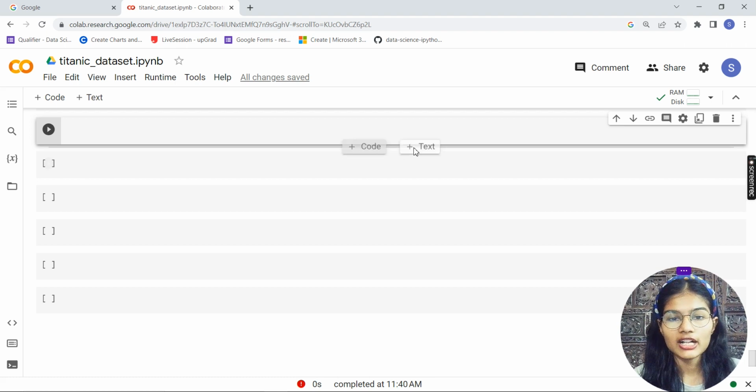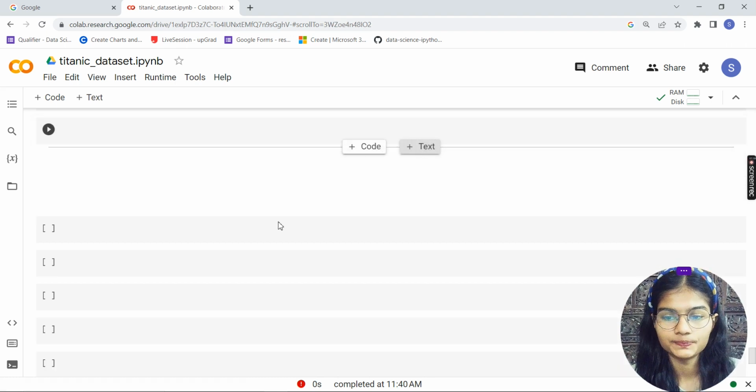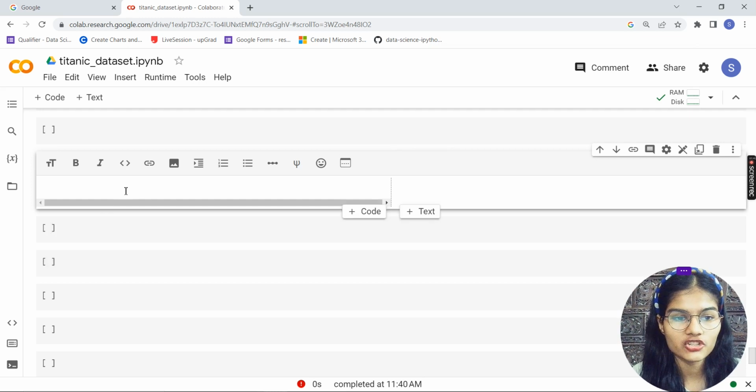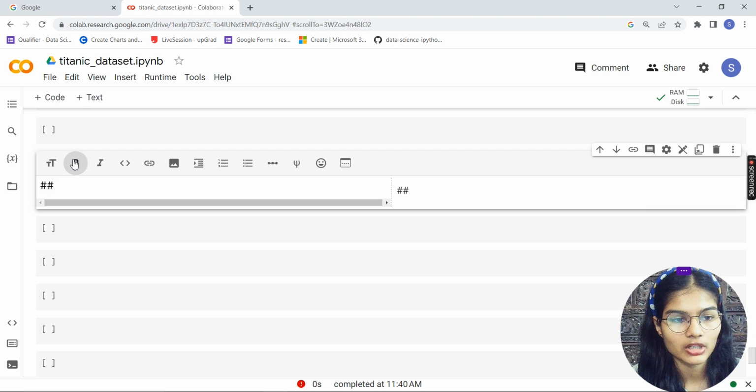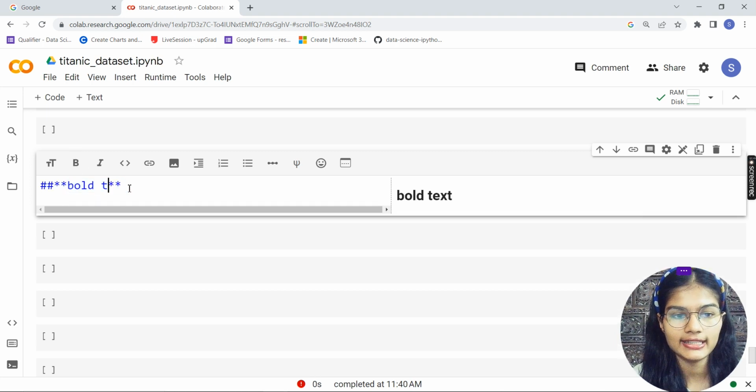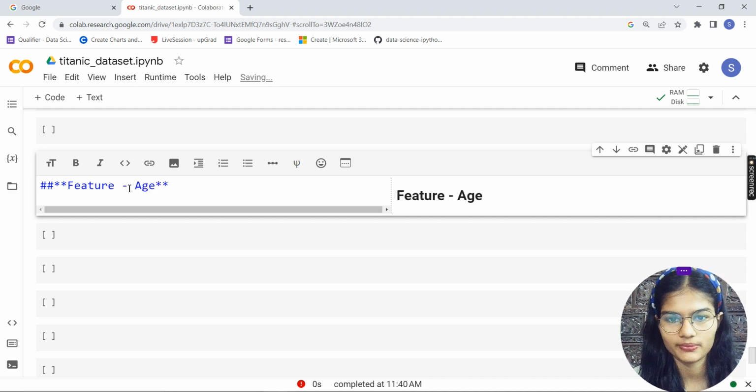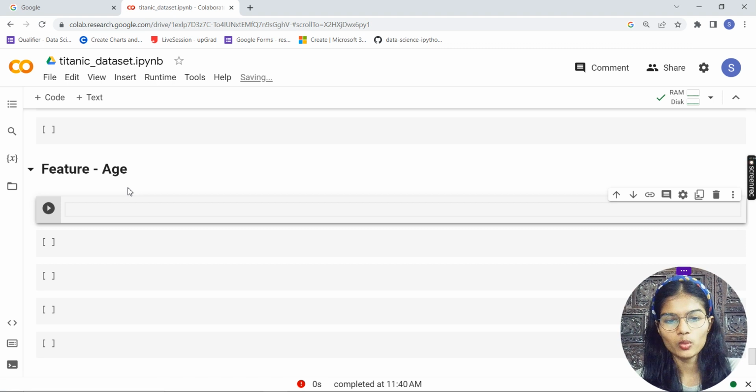So I'll take up a text cell over here, and I'll mention that we are going to do the things with the age. So double hash, the text: my next feature is my age feature. Okay, fine. Now this age column is important,